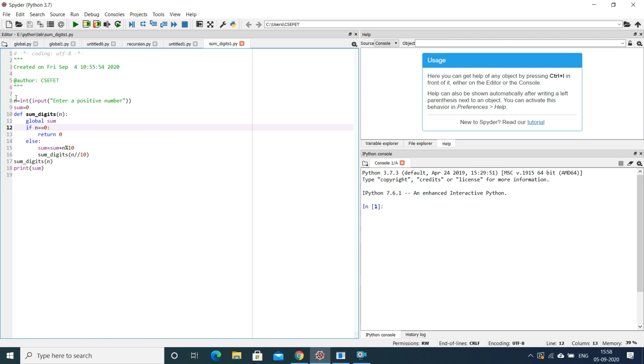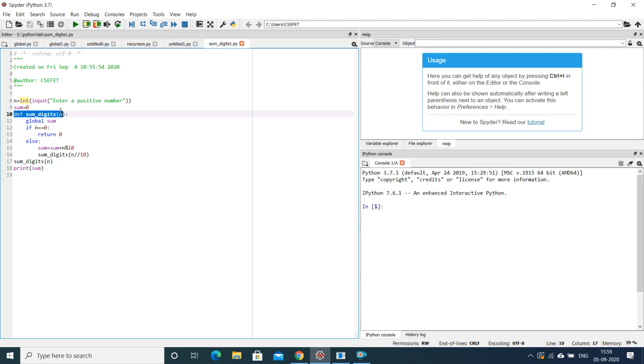Now coming to this program, the first line takes an input from the user and we have written that the user should enter any positive number. Input, as already told before, is a function which takes input from the user. It can also be used to print something, so it has printed a message. Whatever is given as input is treated as a string, so it is typecast to integer by using this int. We have initialized a temporary global variable sum, which is equal to 0.